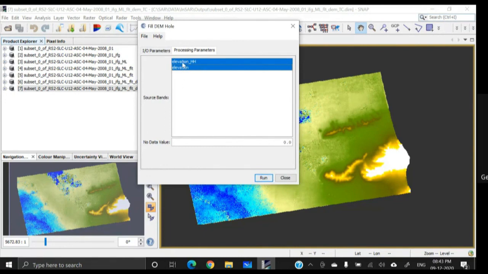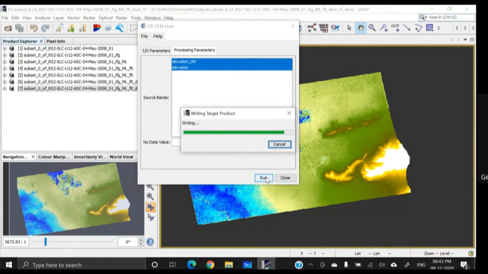Actually, we need the original image. You do not need the 1 second SRTM DEM. But anyhow, I'm selecting both of the images because I want to compare these two images, and set the no data value as 0. I mean, where we will not have any information, then the pixel value will be 0. And click on run.